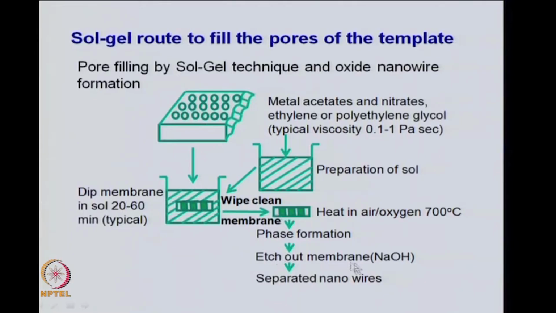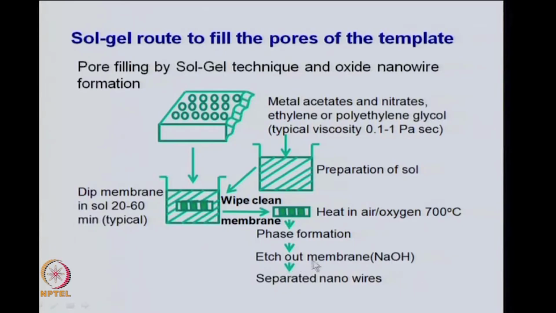So, you have to etch out the membrane. Taking out or dissolving anything like a solid is also called etching out. So, here if you have a porous material in which you had these sol, and the sol here are like droplets inside, but once you heat in air at 700 degrees, then it has become particles inside. So, you have got your particles and they are of the shape of these original pores,